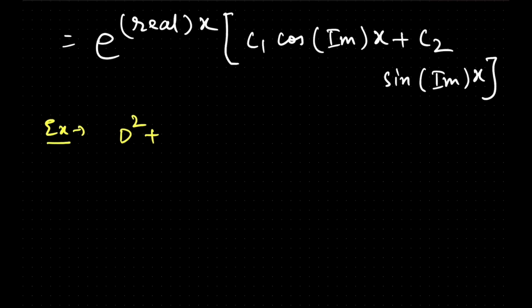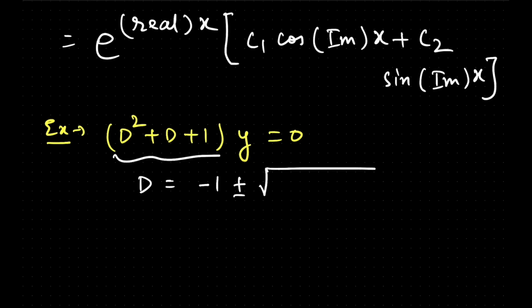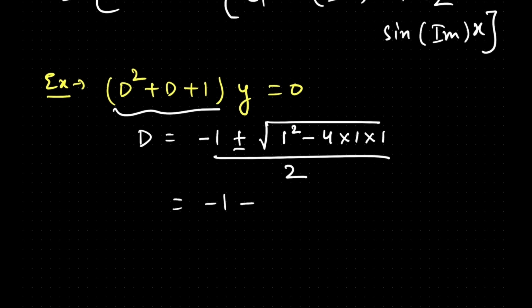d square plus d plus 1 into y is equal to 0. So let's solve this. You know that this is our f(D). If you find the roots of this, you will get D equals minus 1 plus minus root of 1 square minus 4 into 1 into 1, by 2. So you will get minus 1 plus minus root 3i